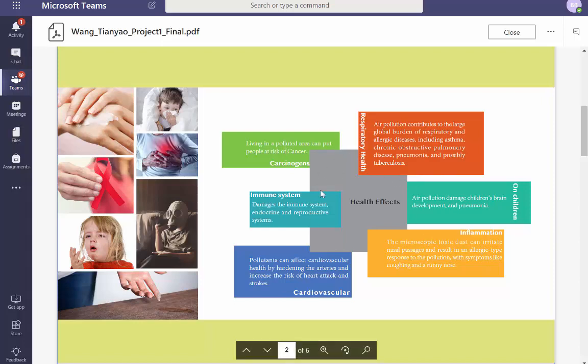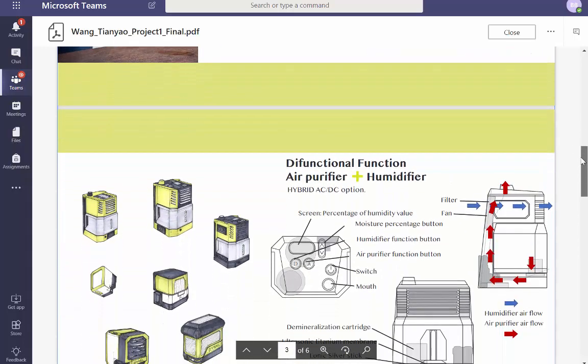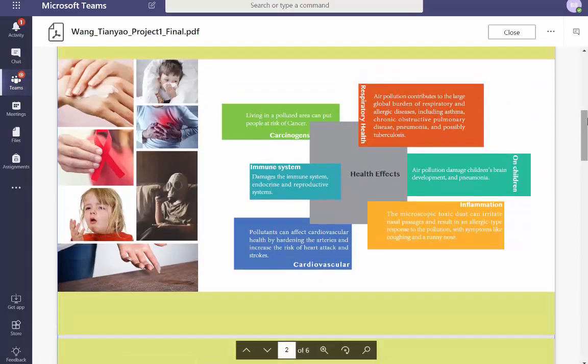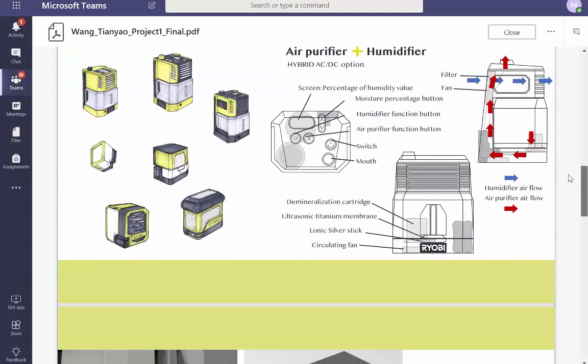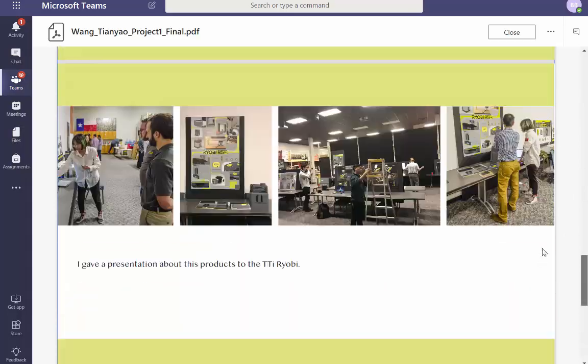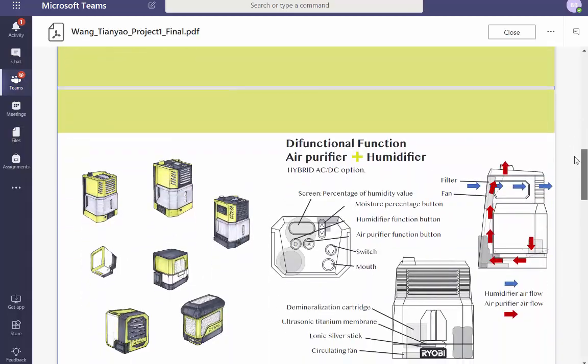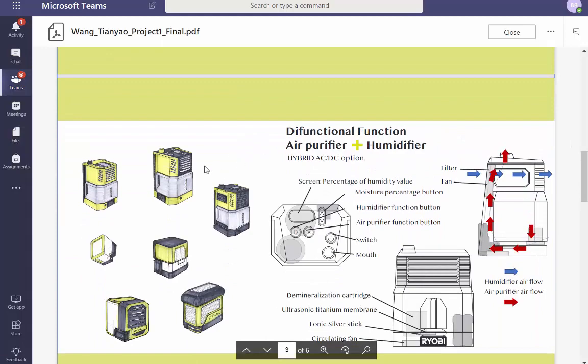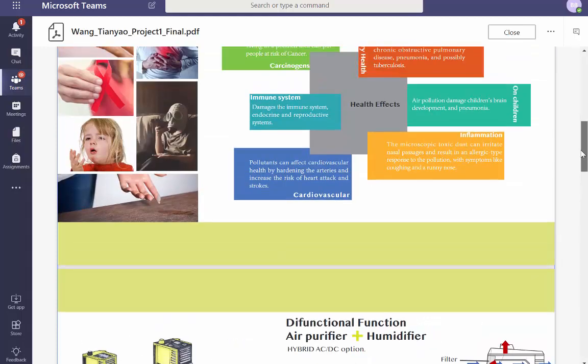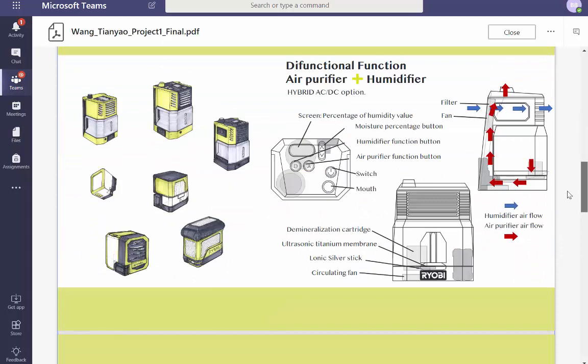If it's like a mind map, find another way to represent this information. Don't go all crazy with the colors. And then have logos. Respiratory health logo. Children logo. Inflammation logo. Cardiovascular. And the benefit of putting logos is if these are the things you're trying to solve later on when you're doing your sketches, which I don't see any sketches, you can put them beside your items saying, hey, I'm fixing this. A major downside here is there's no concept exploration.